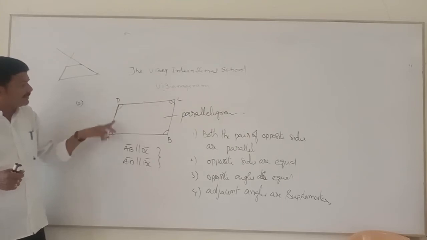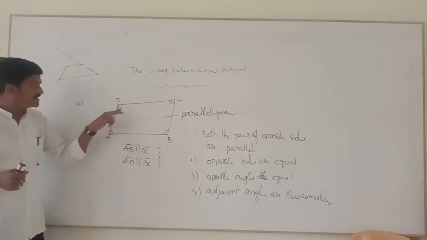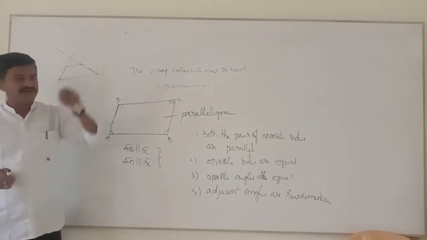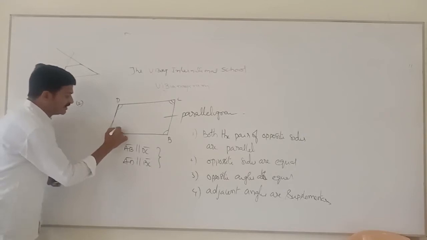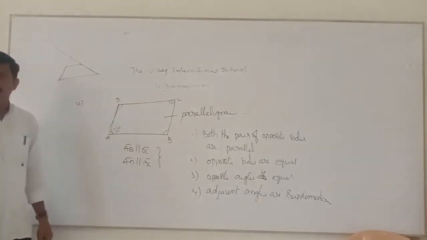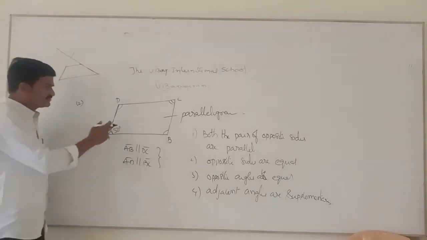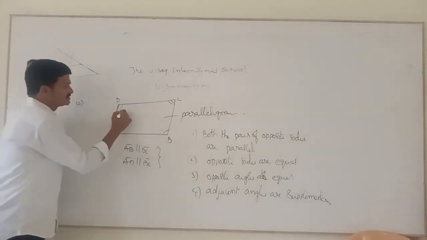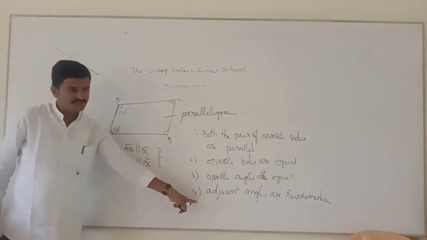So here angle A plus angle D is equal, adjacent angle should be supplementary. Angle A plus angle E equals to how much? 180. Angle A plus angle D how much? 180. If angle A is 50, can you guess what is the measure of angle D? 130. That's all, because sum we need to get 180. So this is 130. How? Based on this property. Are you clear?